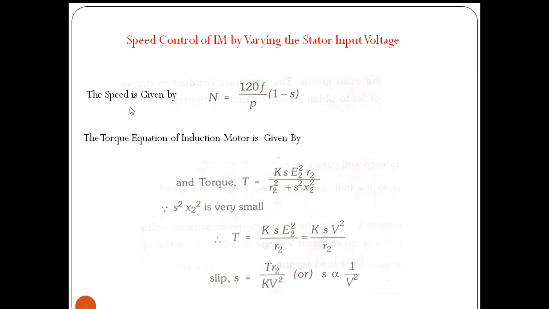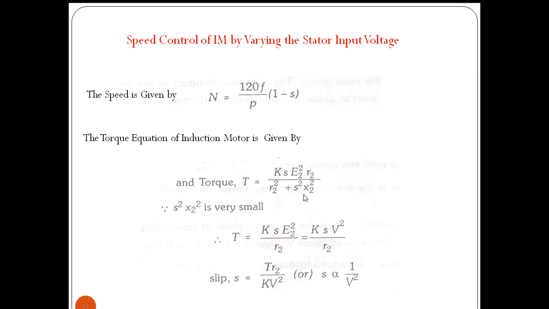In this, the reactance term sX2 will be very small, as it is the square of slip, and slip of induction motor is very small. So we will neglect this one